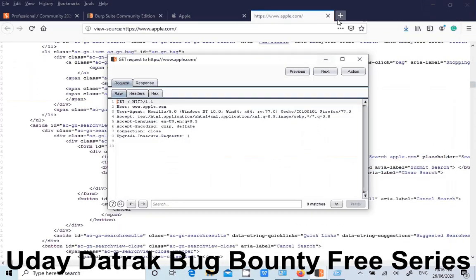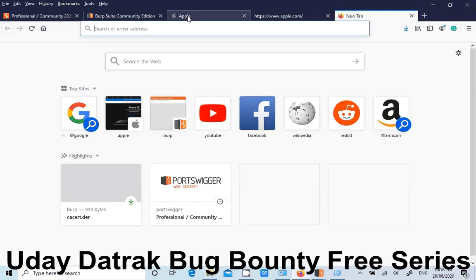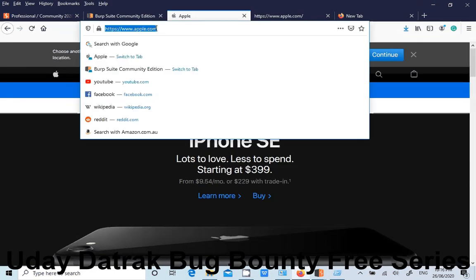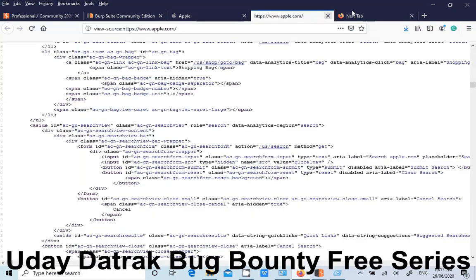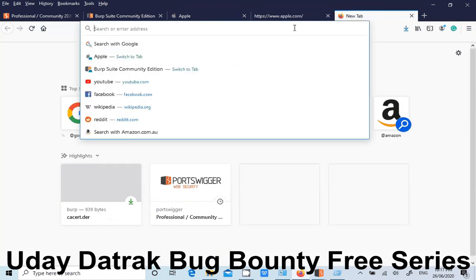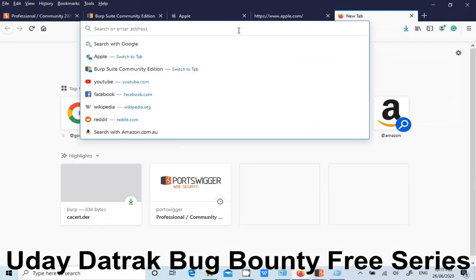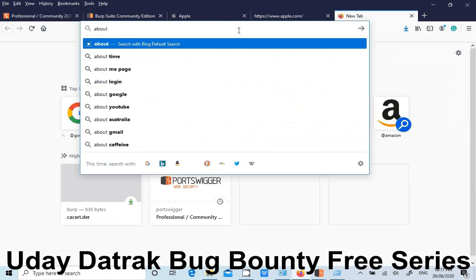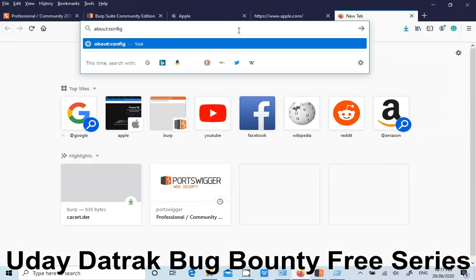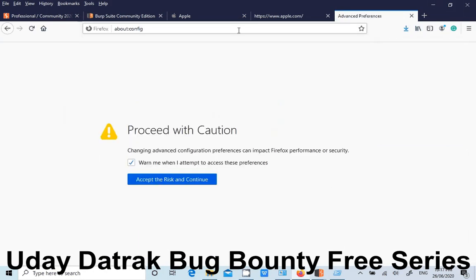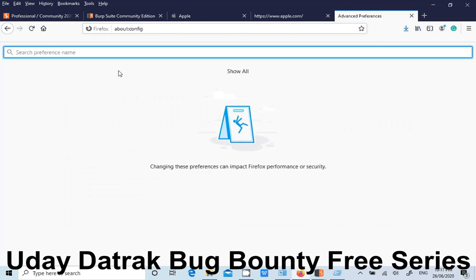Okay, the second important thing is, guys, if you open any internet website outside, you can now see the request. But if you installed 10 different websites on localhost and want to see those requests and responses in Burp Suite, we cannot see them now. In order to see those requests and responses, you need to enter about:config in the URL bar in Firefox, and then accept the risk and continue.